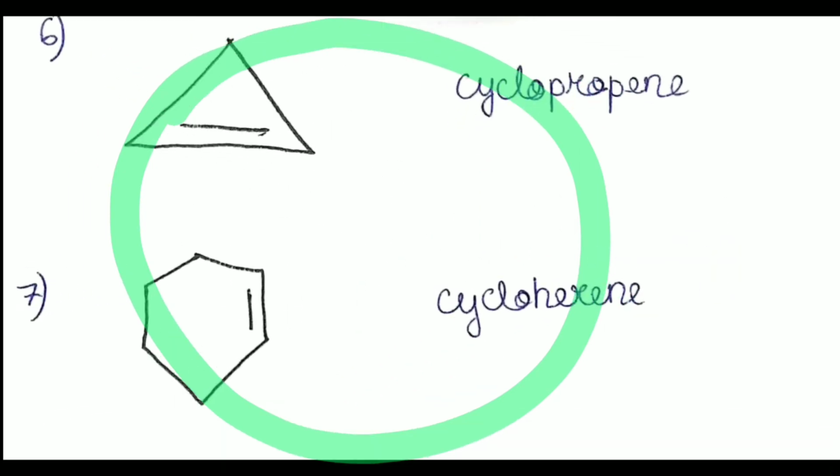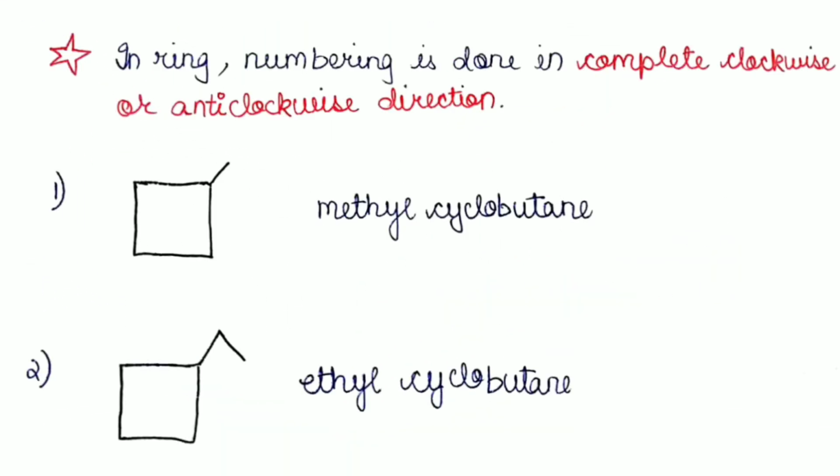But now, since it has come into a ring-like structure, we'll add the primary prefix cyclo before it. So we'll be calling it cyclohexene. That's how we'll name this compound, guys. Now remember, guys, that in a ring, the numbering is either done in a complete clockwise direction or complete anti-clockwise